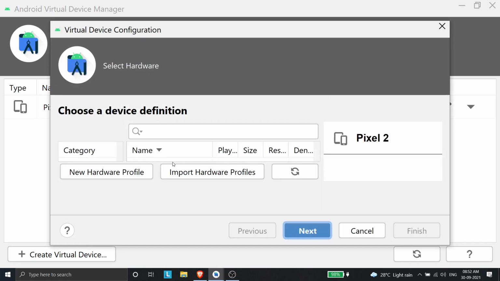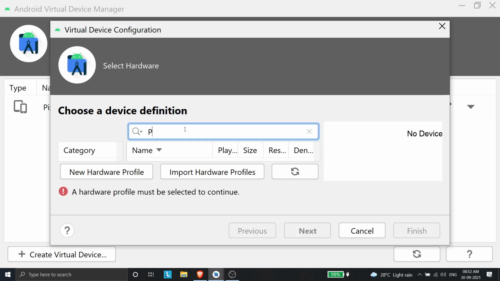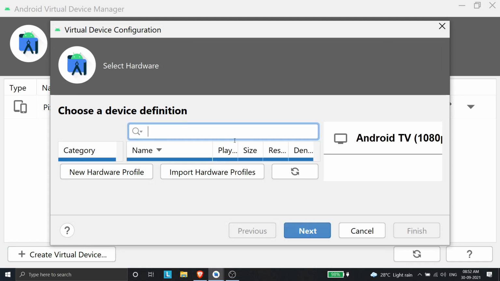Since I've zoomed in too much, you may not be able to see the thing clearly. But there will be devices below there. There will be Pixel devices, Nexus devices, LG devices, whatever. There will be a lot of devices, but with different resolutions. That's the difference. Something will be 1920 by 1080, something will be 2280 by 1080. There'll be different resolutions. You just choose something that's standard. The standard thing that I like to work with is 1920 by 1080, because most devices are usually 1080p screens with 1920 resolution, and it will support most phones that way.